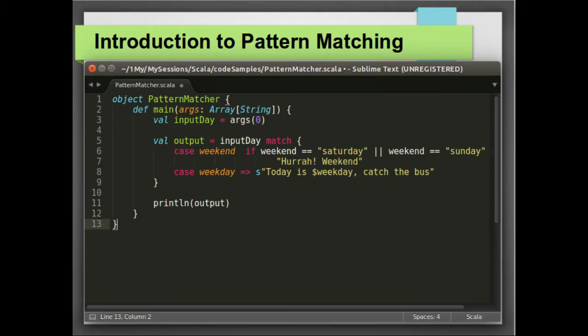This was quite a simple example, but pattern matching in Scala is quite powerful and flexible. Scala can do pattern matching on type as well. Let's say that you want to write a method to calculate the area of a circle, but this method is exposed to the outside world, and you could receive your radius either as a string or an int. In the world of Java, you would have used instanceof to check if the incoming input is a string or int. In Scala, we can simply use pattern match.